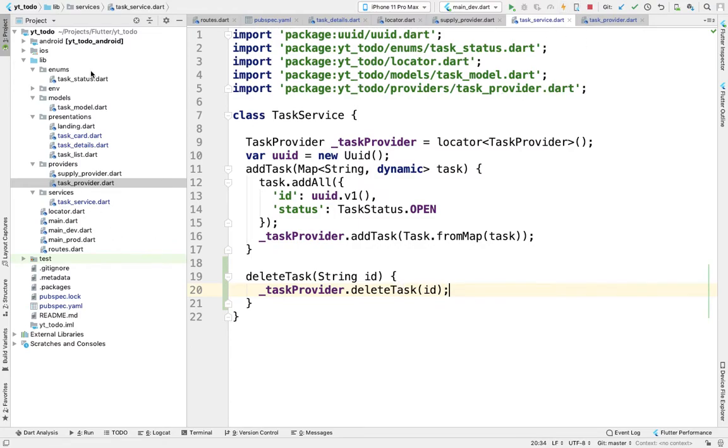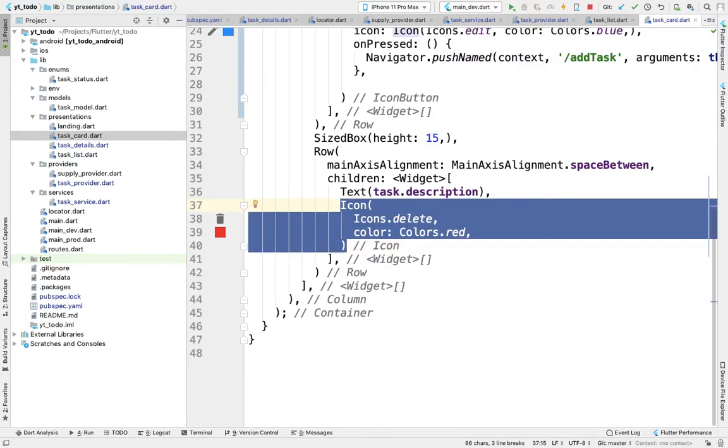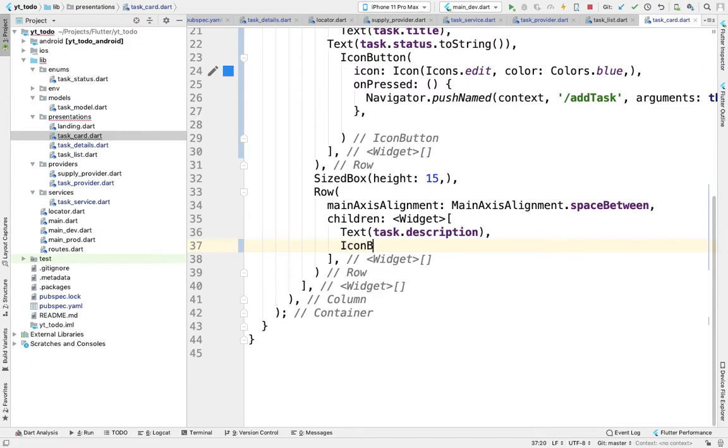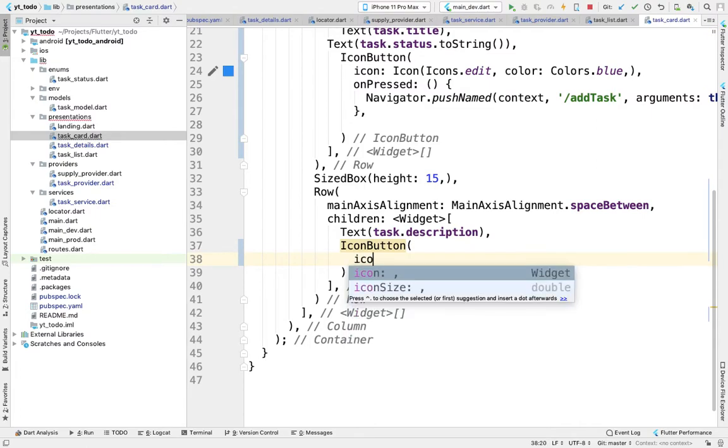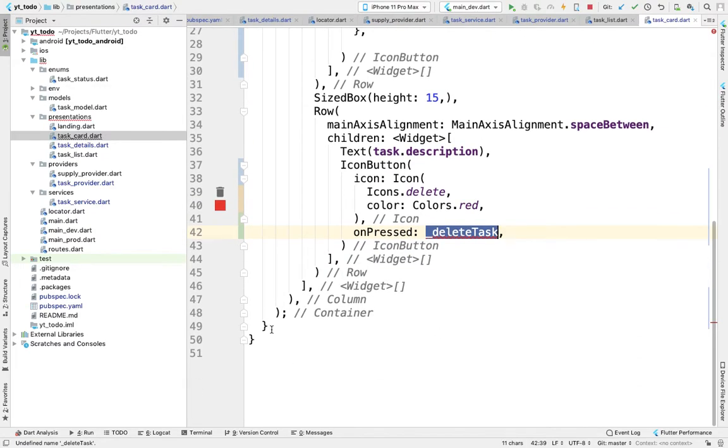Let's go to our task card, and here let's wrap this inside an icon button and icon. On press, what we will do here is delete task, and this is a method that I have not created right now, so let's go ahead and create it. Delete task,